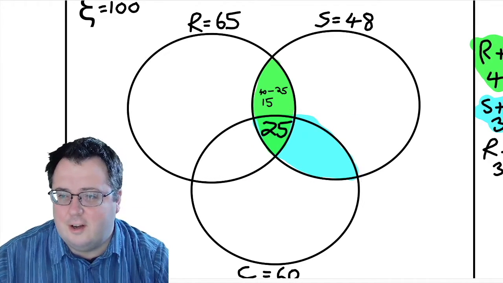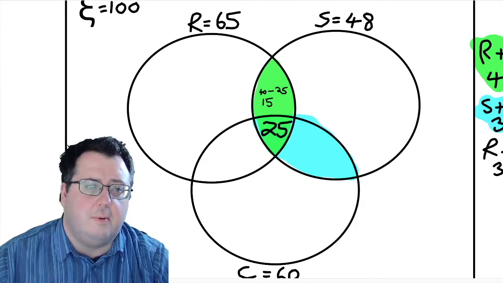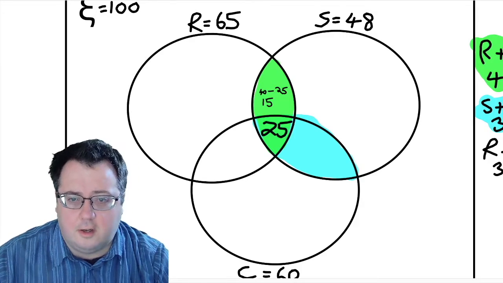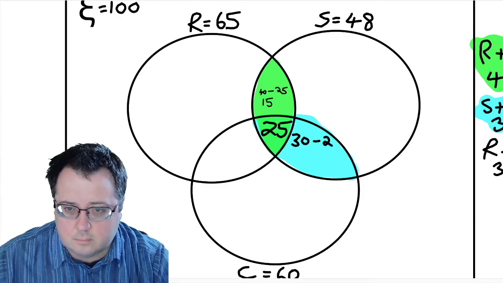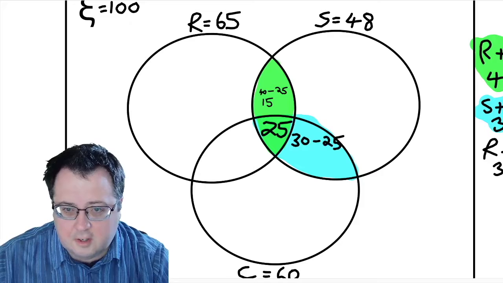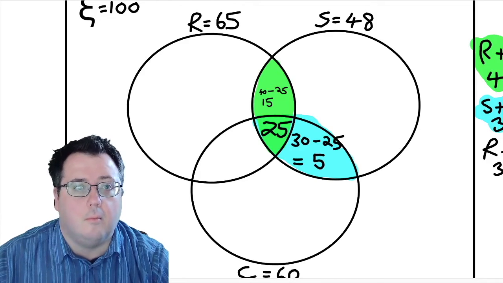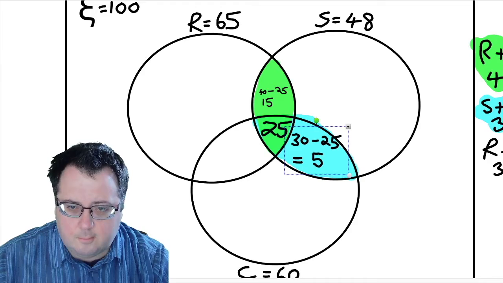Never mind. Okay, so I know the total for this overlapping section is going to be 30, which means I'm going to take my pen and I can do 30 subtract 25 will give me 5. Shrink it down,